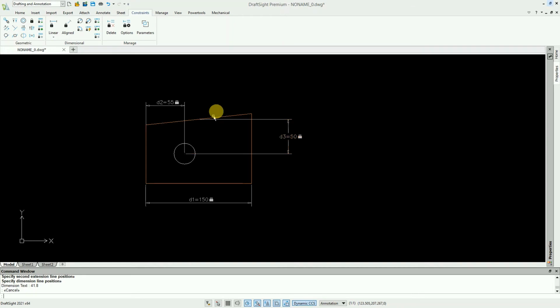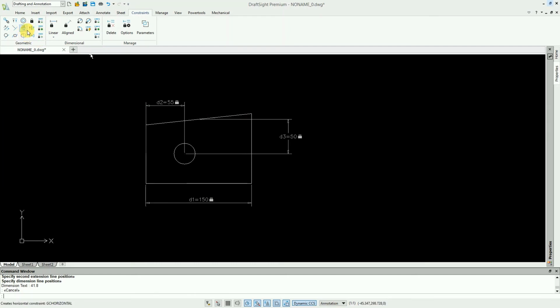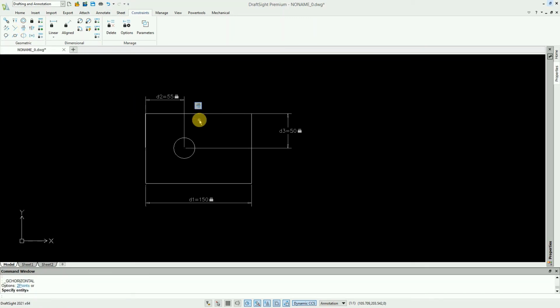In order to control the geometry constraint for this, I can apply a geometric line. Here I'm going to make this line as a horizontal one. So I'll just select horizontal and I'll pick this one. Same way, I can also use a vertical to specify the other side as vertical one, and similarly for all others. So once I give the horizontal and vertical constraints, this automatically restricts to the geometrical constraint that is